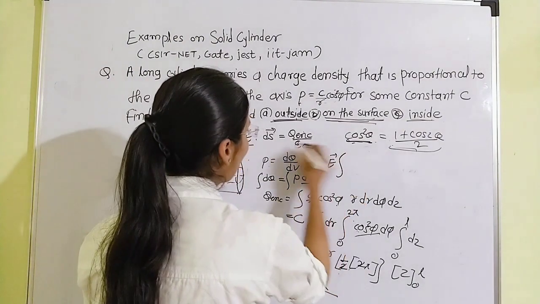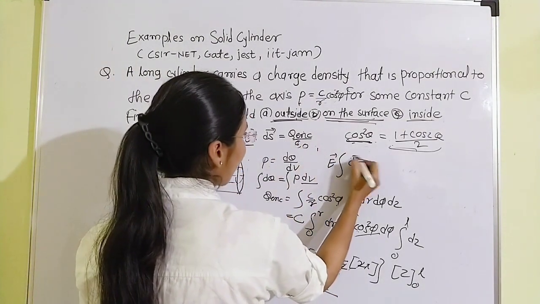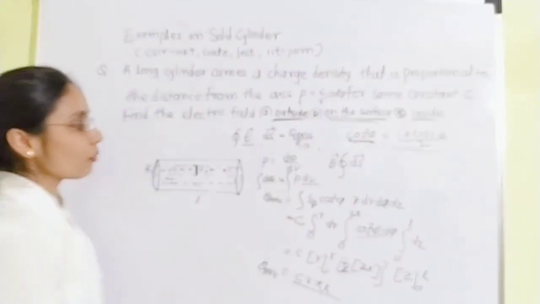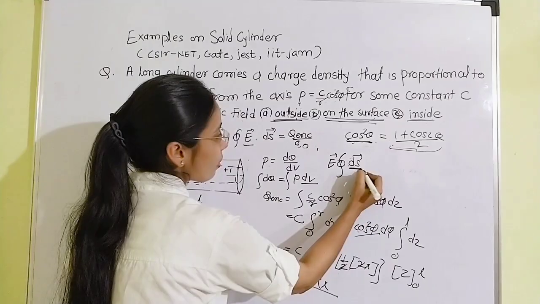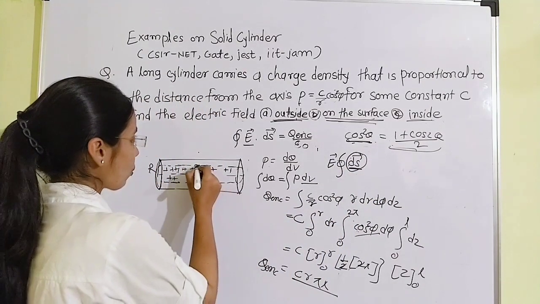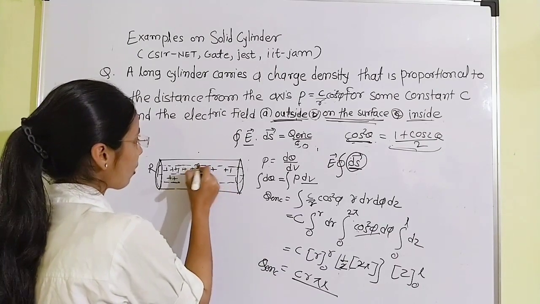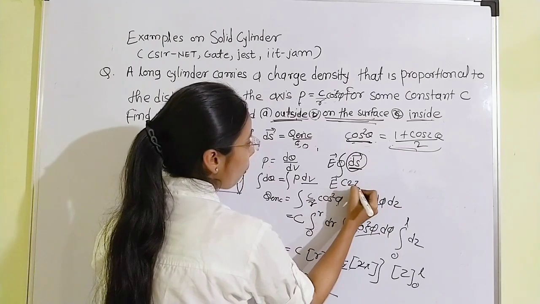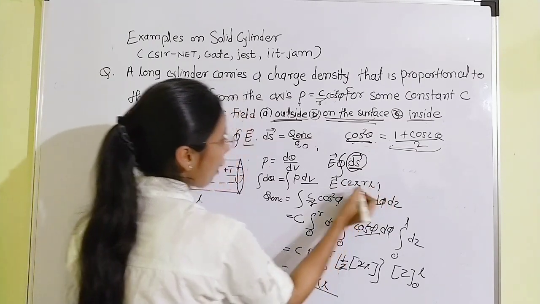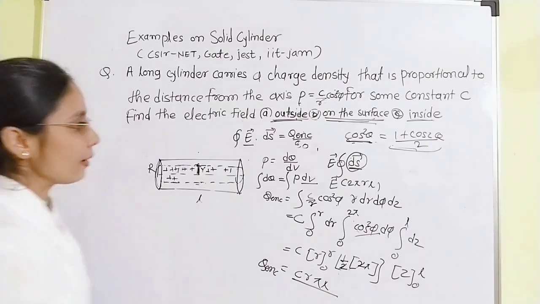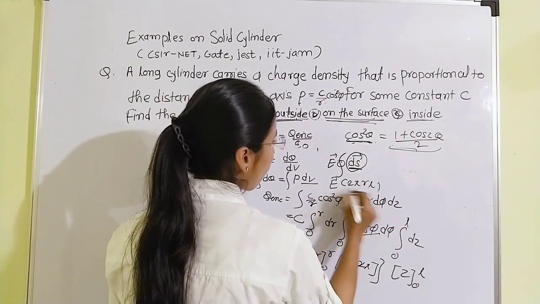Integration of this is ds bar. So ds bar is the integration over the surface of the Gaussian surface. Okay, Gaussian surface. So this is the E bar. This is 2 pi R L, because this R is the distance of this point from the center of this. So this is 2 pi R L